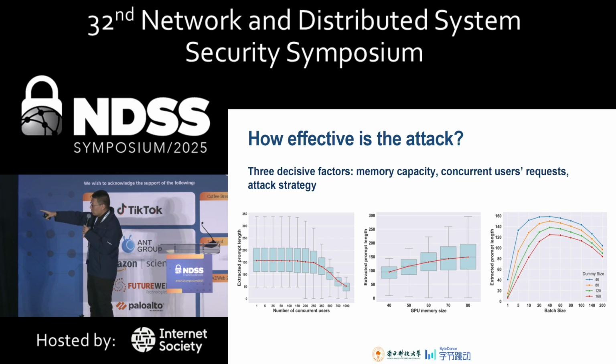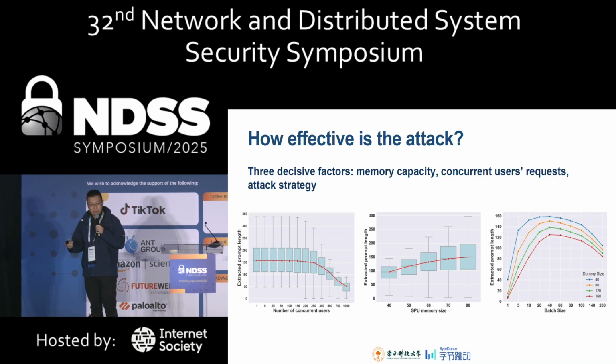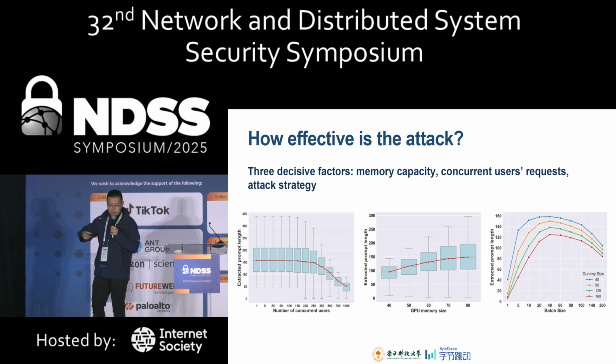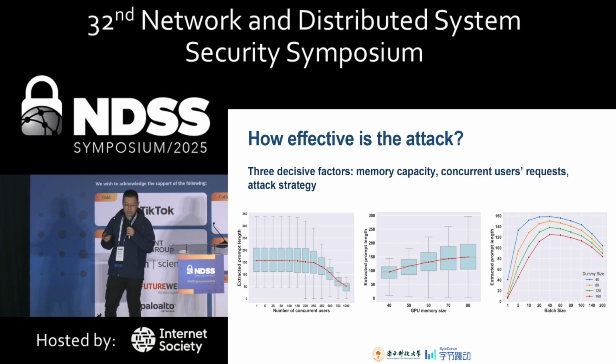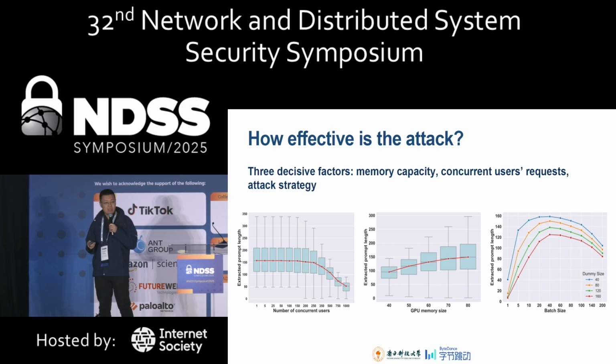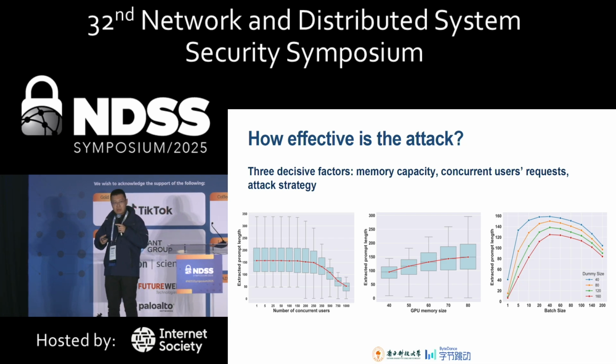And in this figure, I don't know whether you can see it, if the concurrent user requests go beyond like 250, then the likelihood of extracting the full prompt will go down. And the third factor is the attacker strategy: how big the batch size is. Well, if you remember, the batch contains multiple requests per batch. So if the batch size is bigger, the attacker is able to make this side channel more